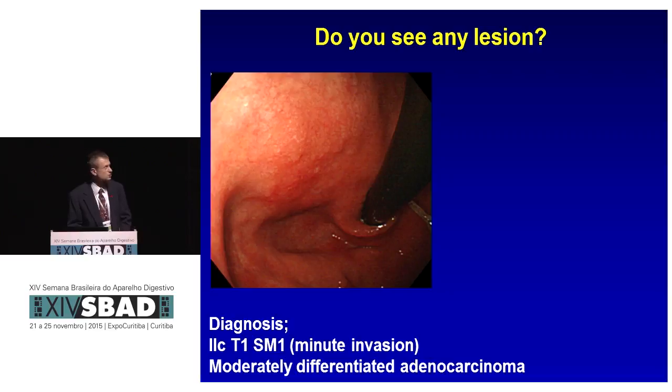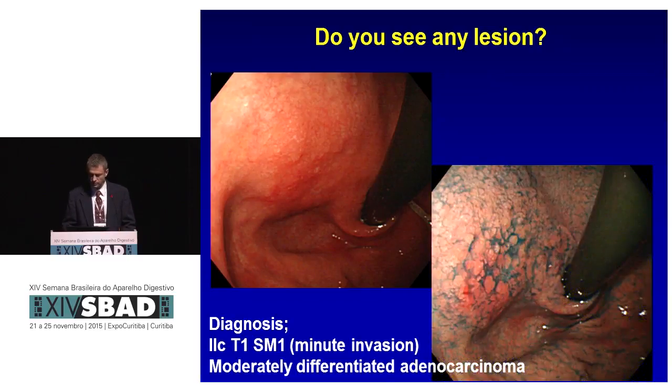And then you have a lesion. Do you see any lesion? Nobody can see it with this projection, I'm sorry. But there is a lesion right here, which becomes more obvious again with indigo carmine stain right there. And actually, this is cancer with submucosal invasion. So you don't have to see a big bulky mass in all cancer cases, and that is why those cancers are easy to miss.